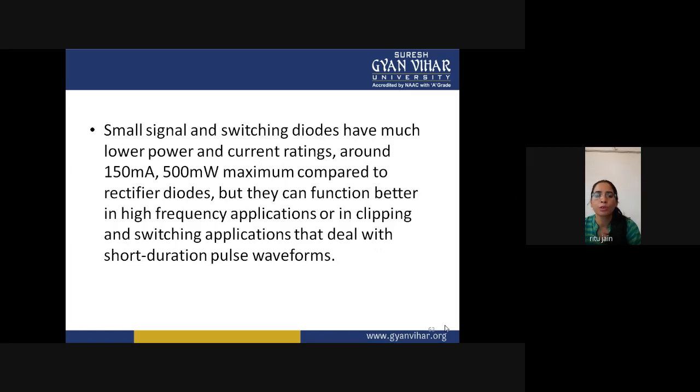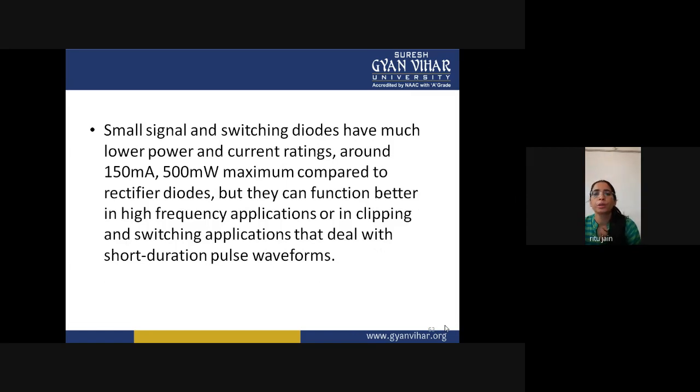And as a switch, if you are using a diode, what will happen at the time of switching? There is some voltage and current which appear across the diode or PN junction. If there is simultaneously voltage and current, the voltage and current will multiply with each other, and there will be some losses. So what we require is that the voltage drop and the current should be minimum at the time of switching of any switch or diode.